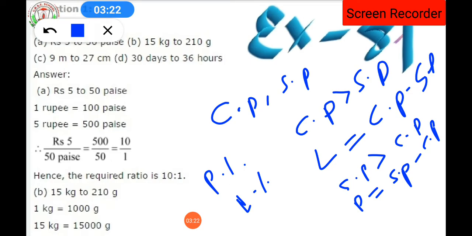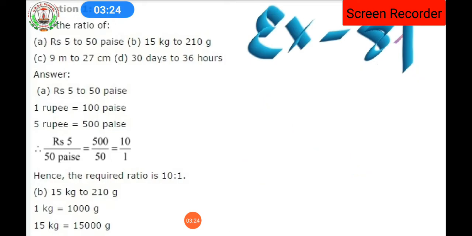And in the last exercise we deal with finding the cost price when loss percent and profit percent are given, as well as finding the selling price when loss percent and profit percent are given. So many formulas, I think a total of 15 formulas I had already given you. Please go through the video before the midterm exam. Okay, then you will be able to know.